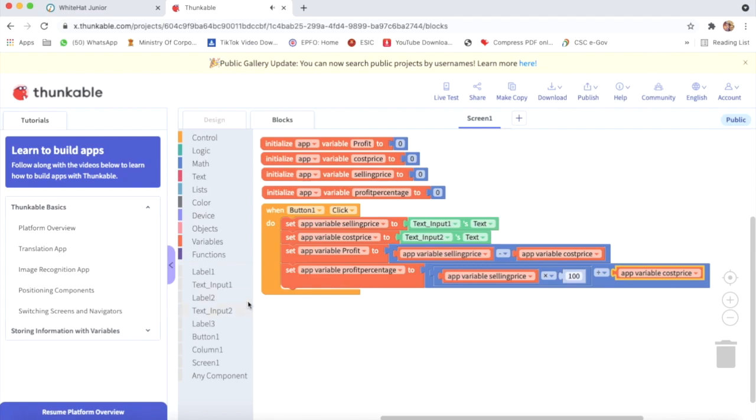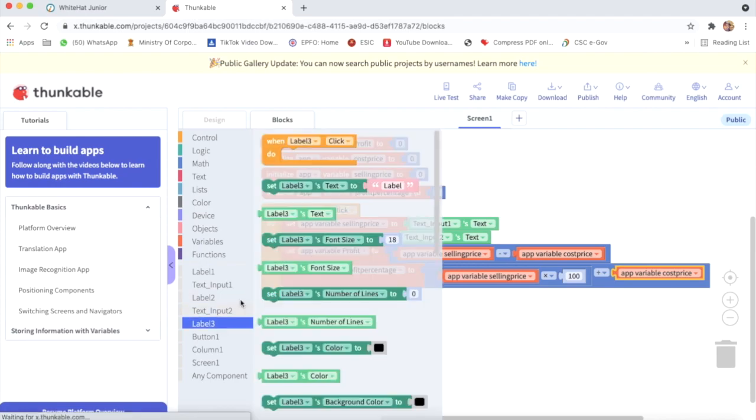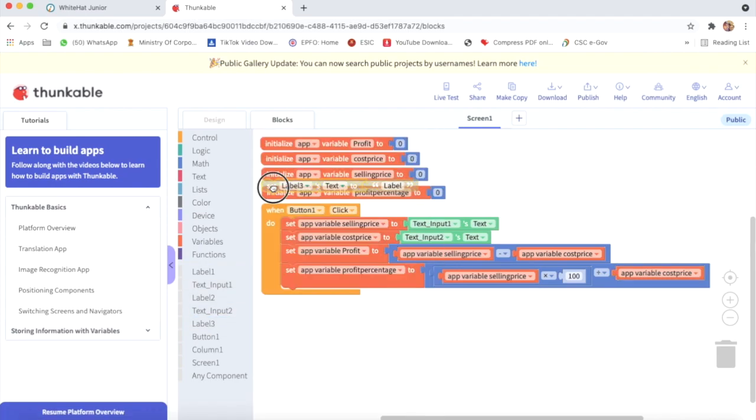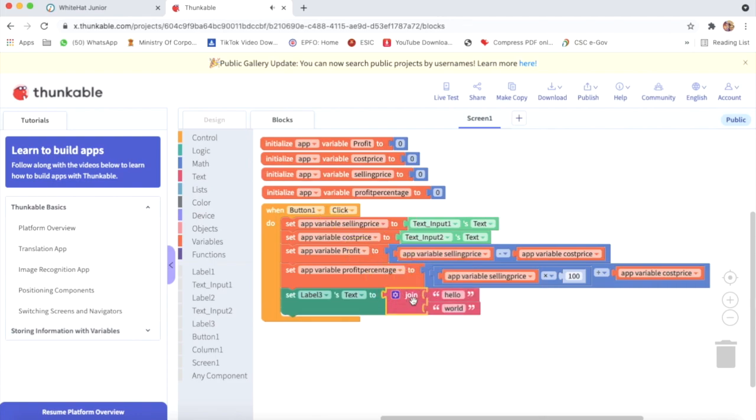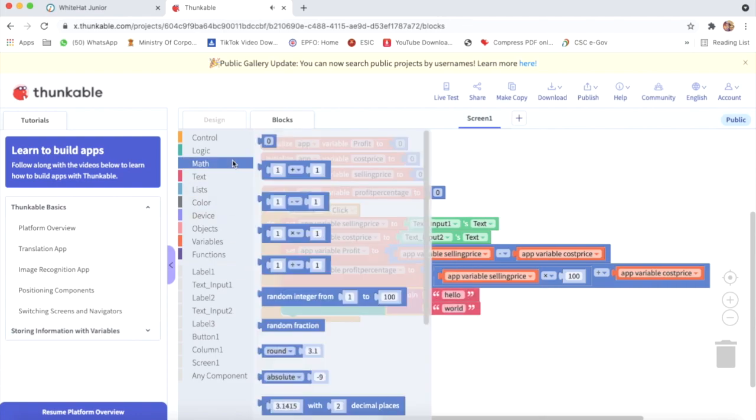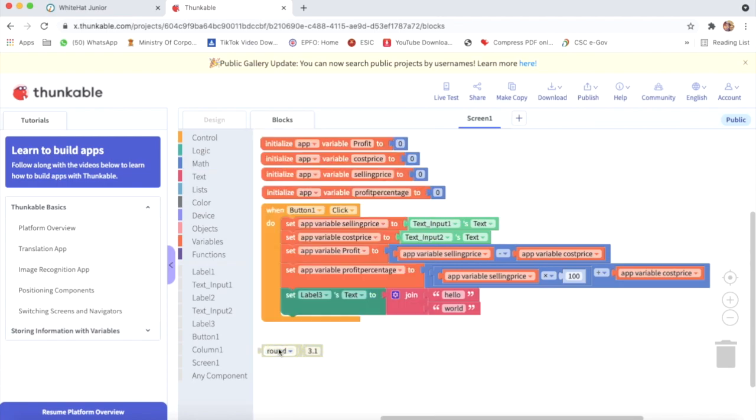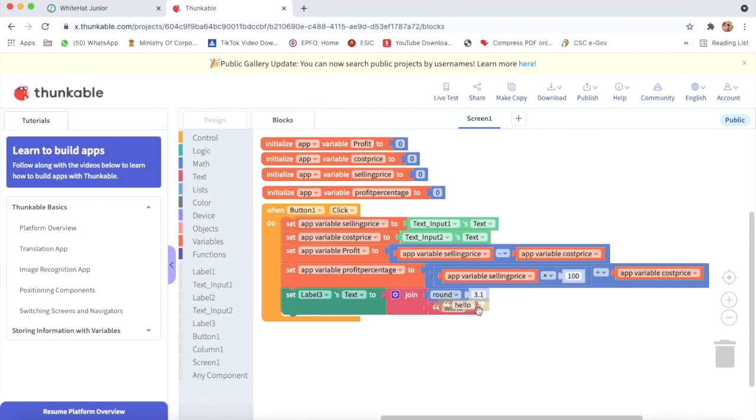Yes, and now the last thing, I will go on label 3 and I will take set text, and then I will go on text and take the join block. Then I will go on math and take this round block and attach it here, and I will delete this block.